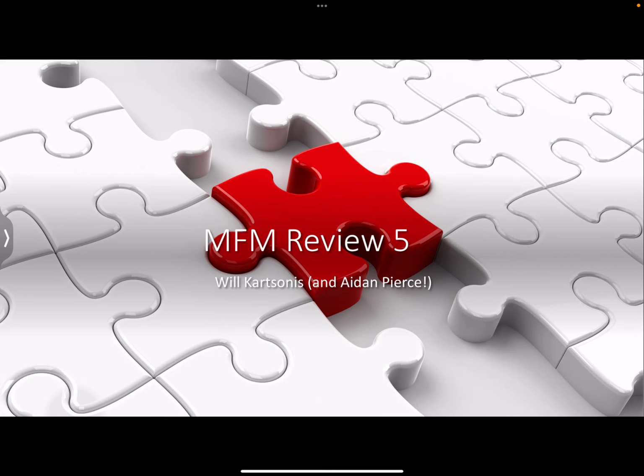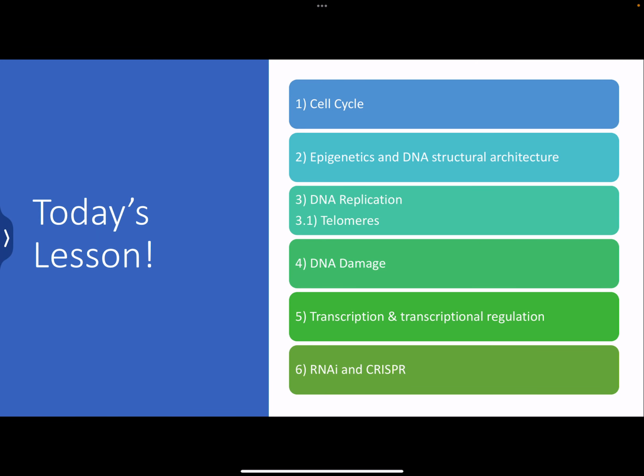Hey everyone, we're pivoting away from metabolism finally and getting into all things cell division and nucleic acids and whatnot. So we're going to talk about the cell cycle, tumor suppressor genes and oncogenes. We're going to talk about epigenetics, DNA replication, the whole mechanism, with an emphasis on telomeres and how they're related to cancer and aging. We're going to talk about DNA damage, what's a point mutation versus frame shift mutation,